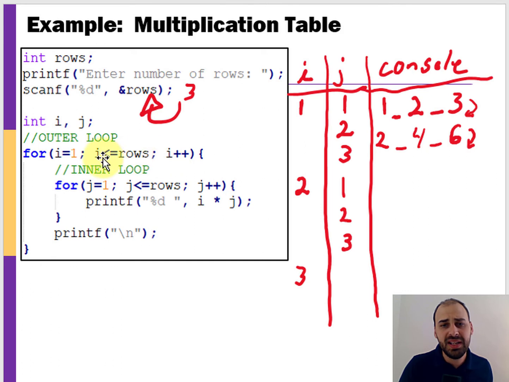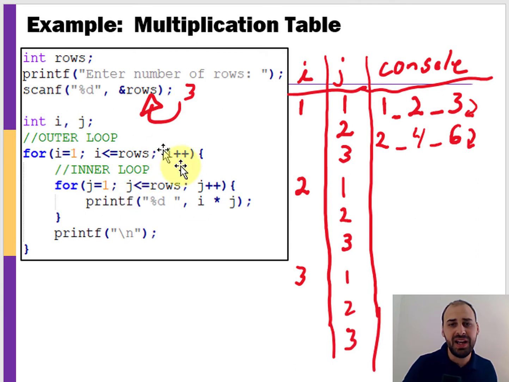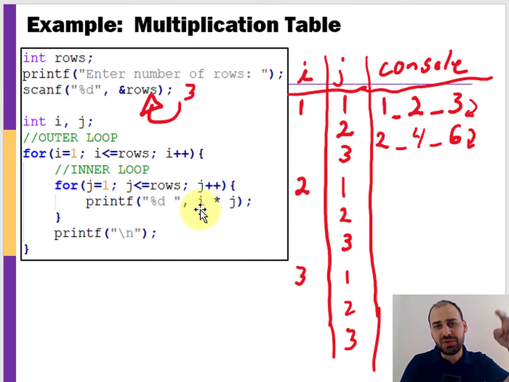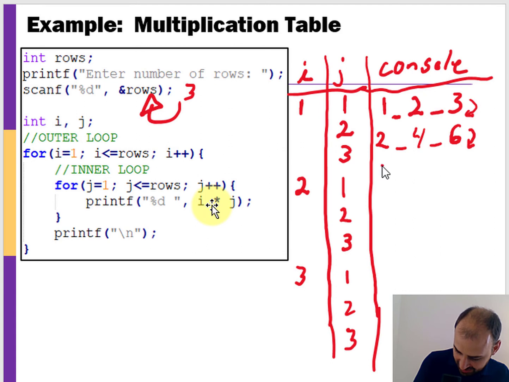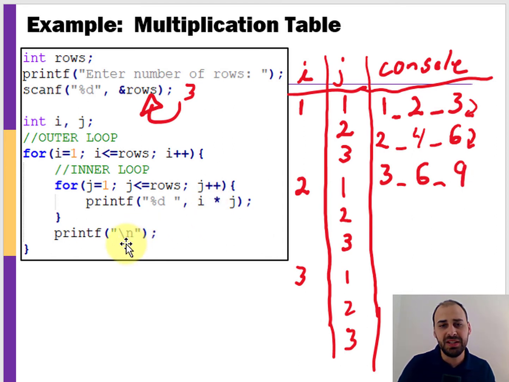All right, 3 is less than or equal to 3. Okay, we're going to come back here and we're going to hit the inner loop again, where we're going to reset j back down to 1. And again, it's going to count 3 times. Okay, and now for each time through, it's going to say i times j again. All right, so we have 3 times 1, okay, 3 times 2, and then 3 times 3. Okay, and then the new line